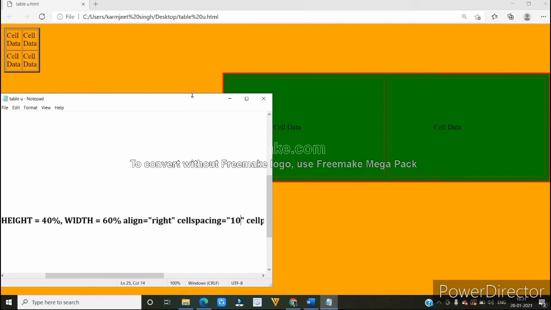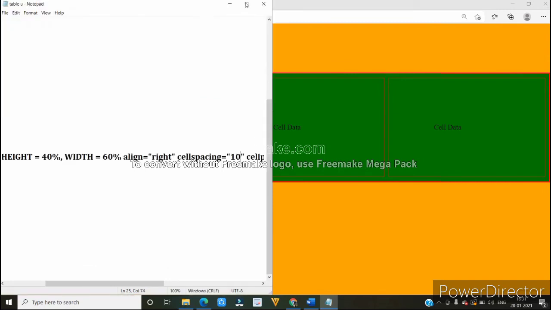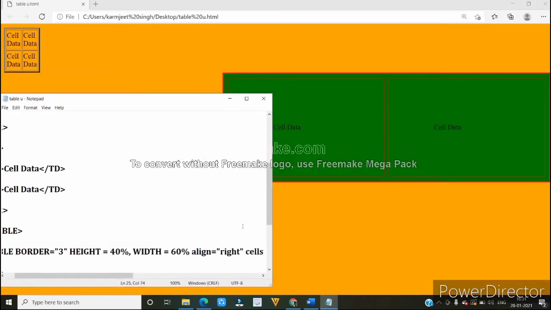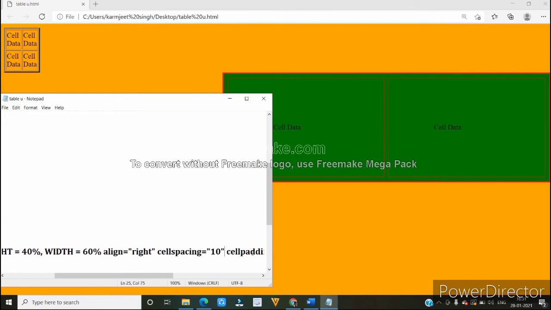Next I have used cell padding. Cell padding I have also marked as 100. This provides a space between the cell content and the border. If I decrease this by 10, then see the result.